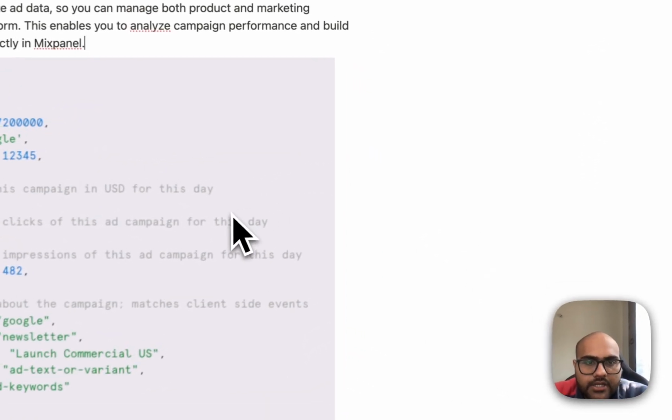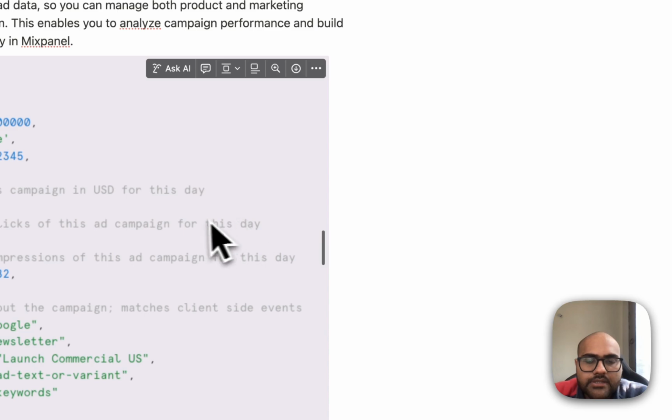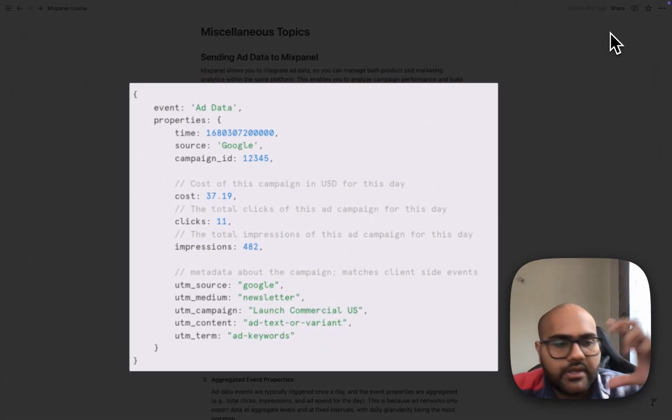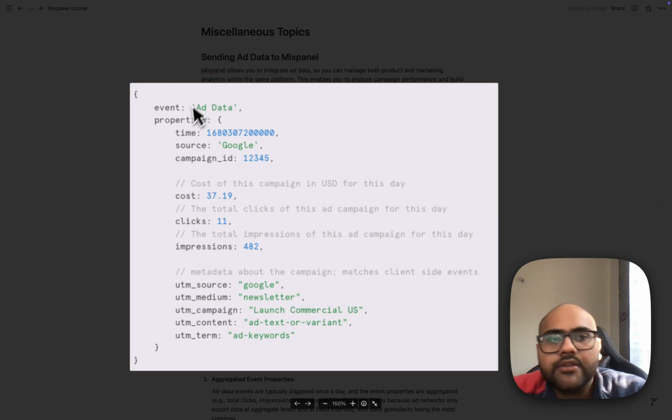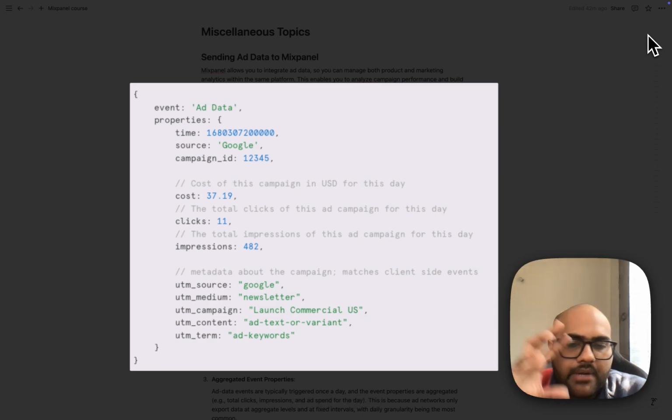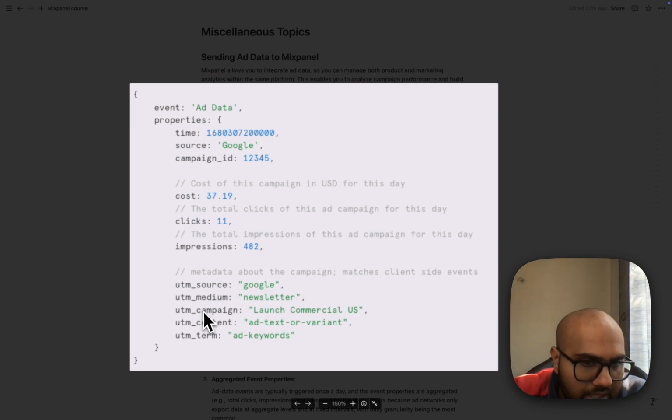So if you look at the screenshot, this is how your Mixpanel ad event would ideally look like, wherein your event name could be ad data, and you'd have properties which would tell you, let's say, source, campaign ID, cost, clicks, impressions, UTM source, UTM medium, so on and so forth. I'll talk about what exactly cost, clicks, and impressions is and how you need to send it. But the most important thing that you need to remember here is that the UTM source, UTM medium, UTM campaign